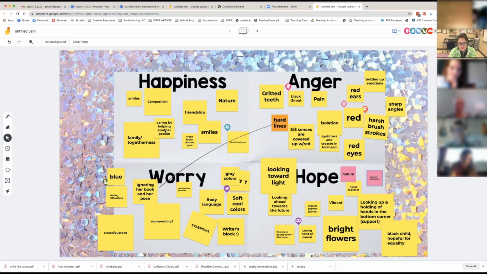I like that you went there with color, because I haven't mentioned any elements of art yet, because to get from the enhancement stage of art, using arts in your classroom, to the integration stage, you really start using that vocabulary more. But you have to start teaching that vocabulary too. Then you can, from here, like she already looked at the color and made that note about the color, and I think I saw harsh brush strokes. Mhm. This is ways that we can communicate things. So it's still about communication.